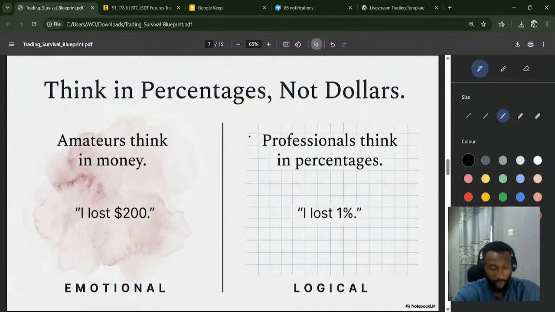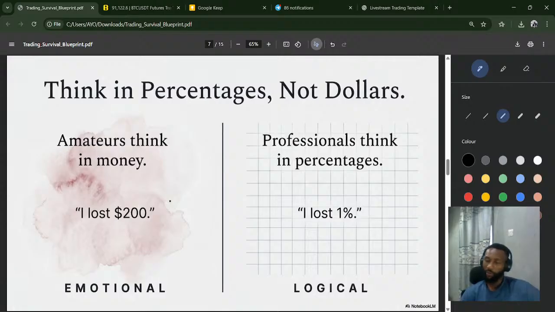We've already spoken about being emotional and logical. Anybody that says I lost $200 is emotional, and that's a fact. You enter the market and the trade goes against you and you lose about that amount, and the emotions are getting to you. It's paining you that you lost that amount. That means you must have disregarded some risk management strategies that you needed to put in place before you enter your trades. But when the professional says I lost 1%, I lost 2%, that means the person has